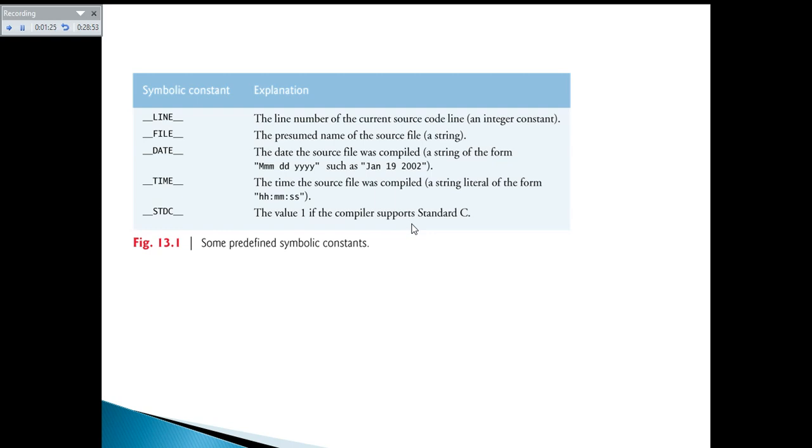And double underscore STDC double underscore, the value 1 if the compiler supports standard C. So if your compiler supports standard C, the value 1 will be substituted in place of this STDC symbolic constant.